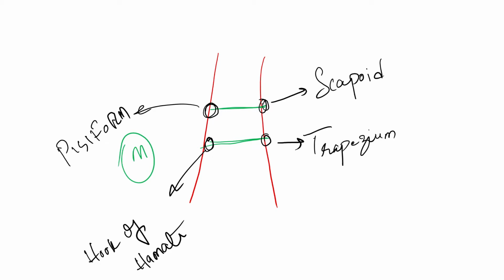I repeat, the retinaculum has its bony attachments from the carpal bones. Along the medial border at the proximal end, the attachment is from the pisiform bone. Along the distal end of the medial border, the retinaculum receives attachment from the hook of the hamate. Along the lateral side, it again has two attachments, from the tubercle of the scaphoid at the proximal end and the crest of the trapezium over its distal end. So this is about the attachments along the medial and lateral borders.